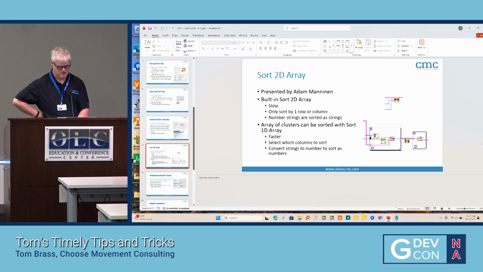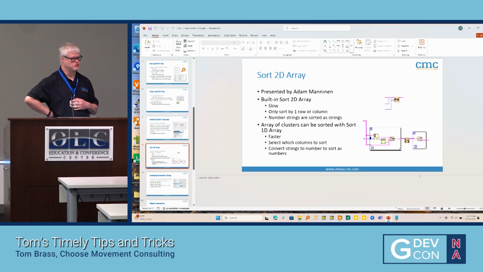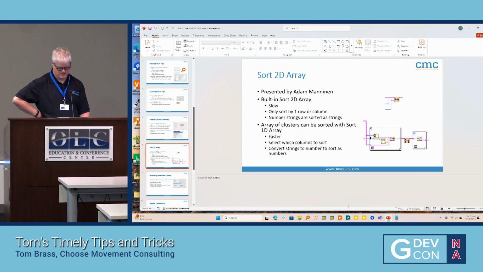Where are we at? Oh yes, the next would be sorting the 2D array. Not too long ago, they added a sort for 2D arrays, and I found that it's rather slow. Another downside is that if you're sorting a 2D array of strings, with any number columns you have, it's going to sort it like a string, which means,